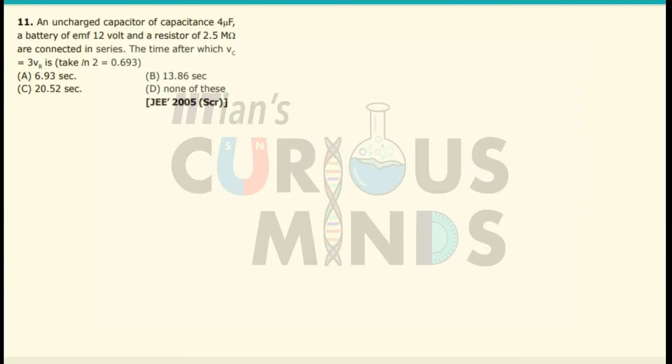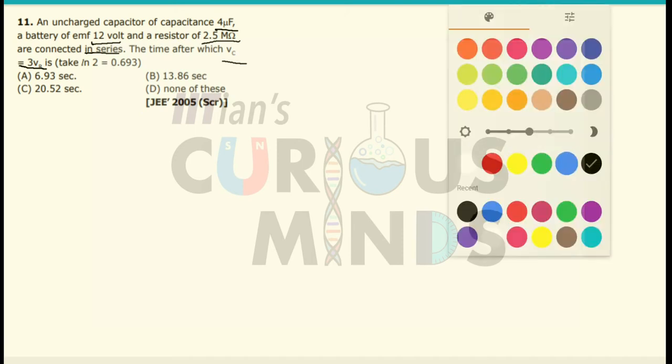An uncharged capacitor of capacitance 4 microfarad, a battery of EMF 12 volt, and a resistor of 2.5 mega ohm are connected in series. The time after which the voltage across the capacitor will be equal to 3 times the voltage across the resistance will be equal to... Now, first of all, before we go into this part, understand that there is an RC